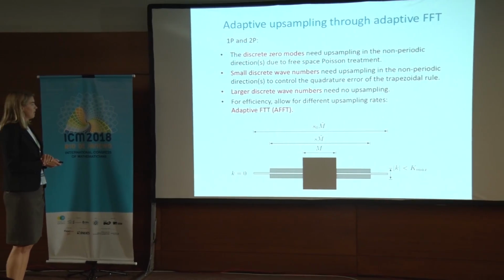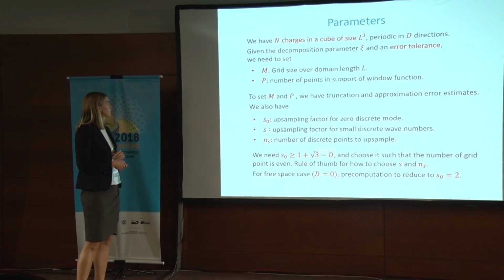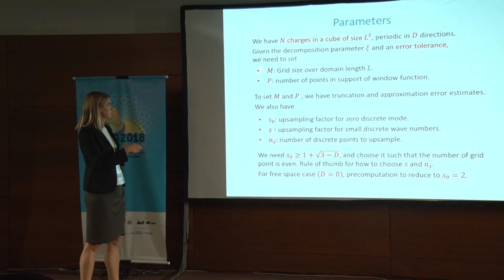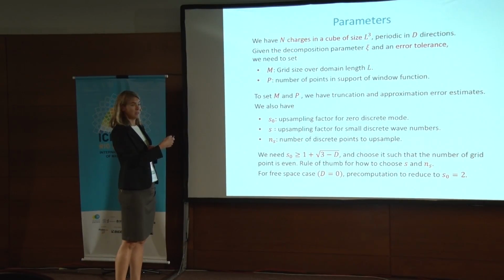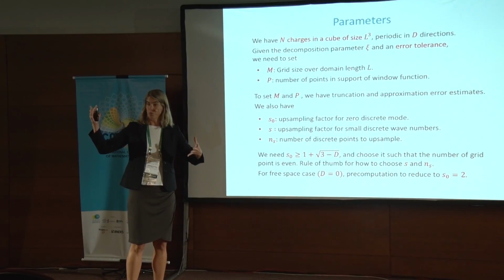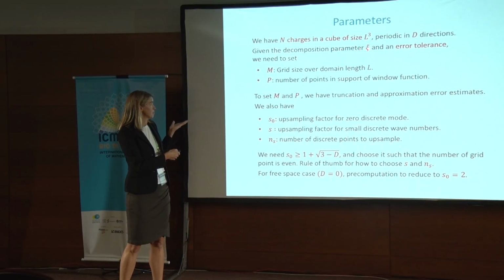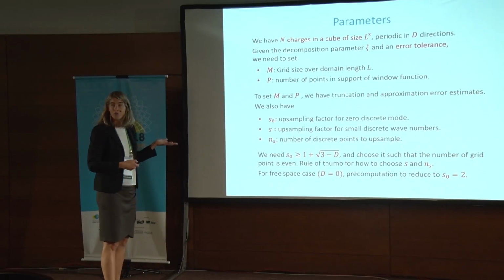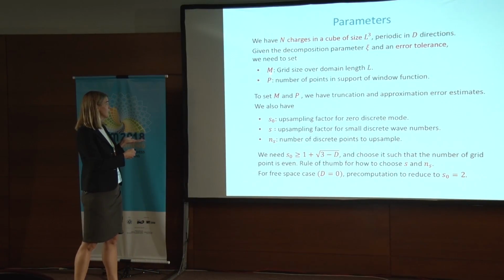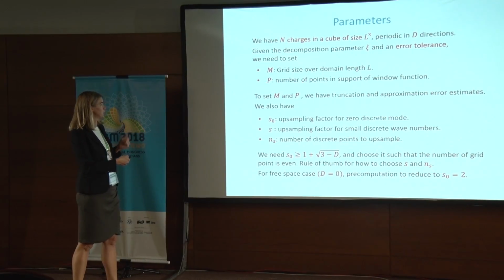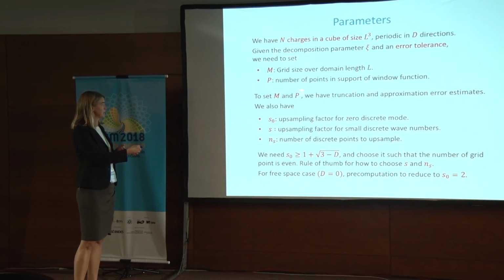Okay, so I've flushed over some parameters, and I'm going to mention them a little bit. We started out with n charges in some cube, and it's periodic in a number of directions. We're given some decomposition parameters and some error tolerance. We need to know how to pick our parameters. We have to choose what grid size we're going to use, and the number of support. We have error estimates to aid us in this. We also need to pick the upsampling factors that I talked about. For the 0 modes, we know exactly how much we need to pick for the upsampling. And for this one,